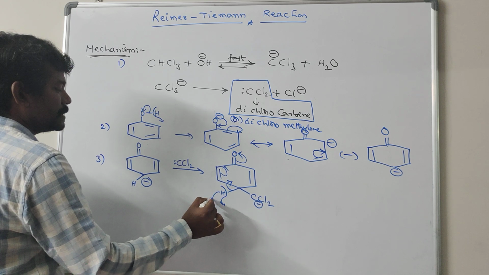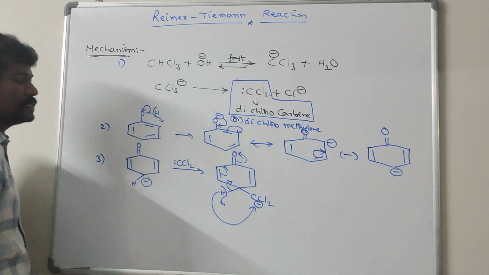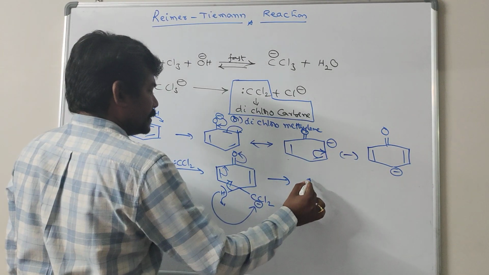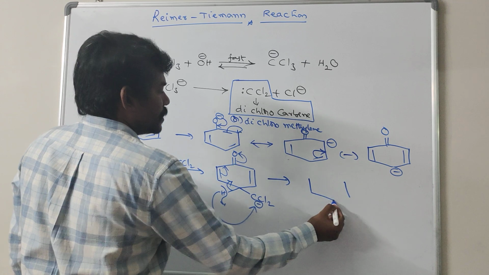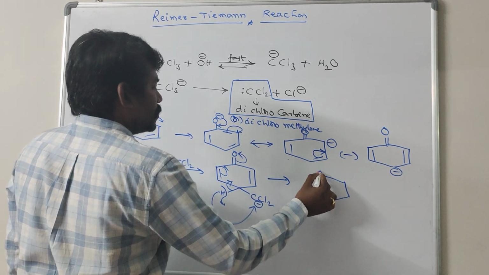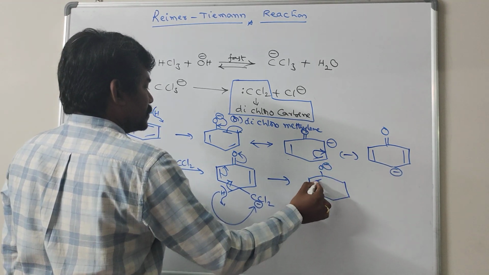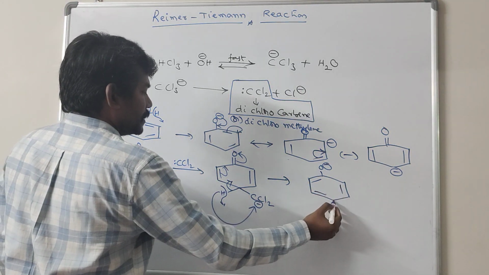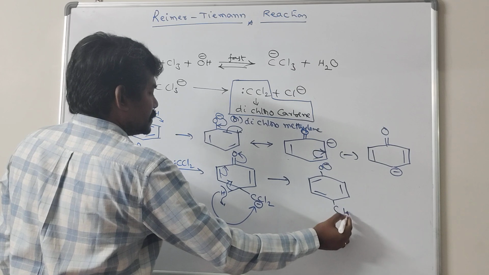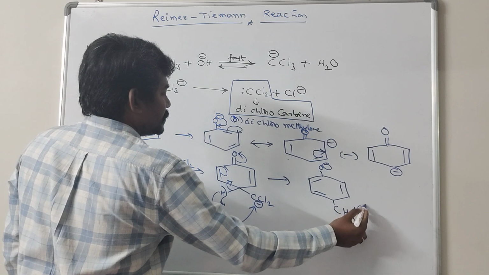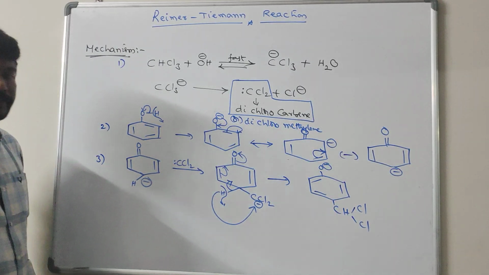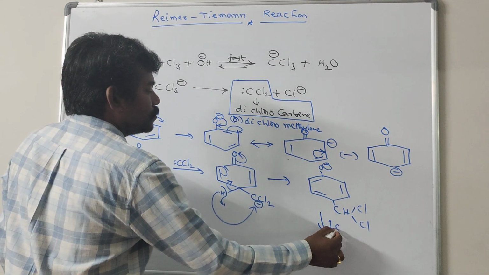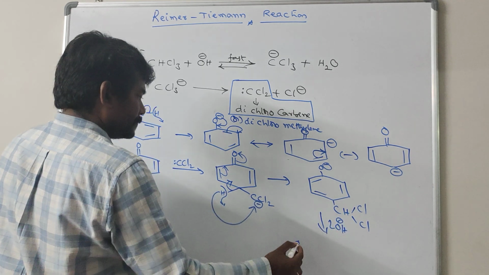It is removed as H plus ion. It attacks on C minus. We automatically get the O minus ion, with double bonds here, here and here, and CHCl2. Again, it reacts with 2 moles of base.